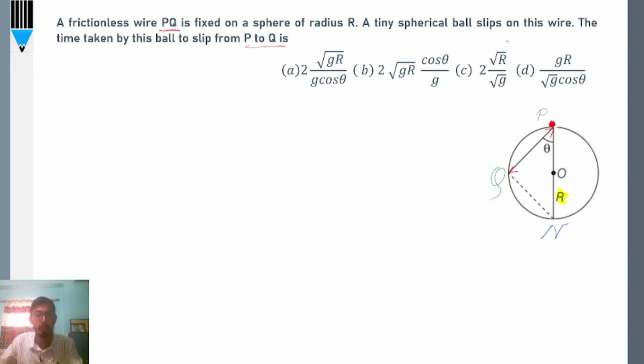Now remember, this is not a rolling motion, otherwise we would have to use rotational dynamics. This is simply a slipping motion, or